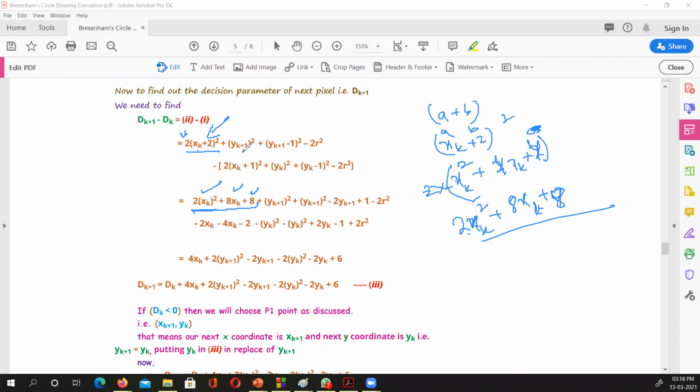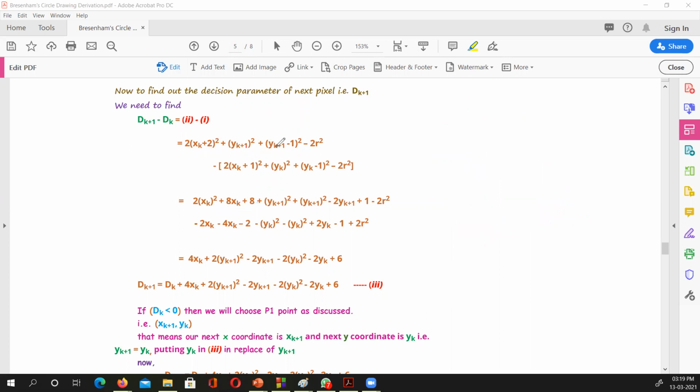So what is y of k plus 1 ka whole square is same way. It's not like this, because I have not written it y of k plus 1. Okay, it is simply y of k plus 1 ka whole square. So it is not a 2a plus b, it is only a. So I don't have to evaluate it. It is same as here. Now this one needs to be evaluated. This is y of k plus 1 minus 1 ka whole square. Let us do it for this one now.